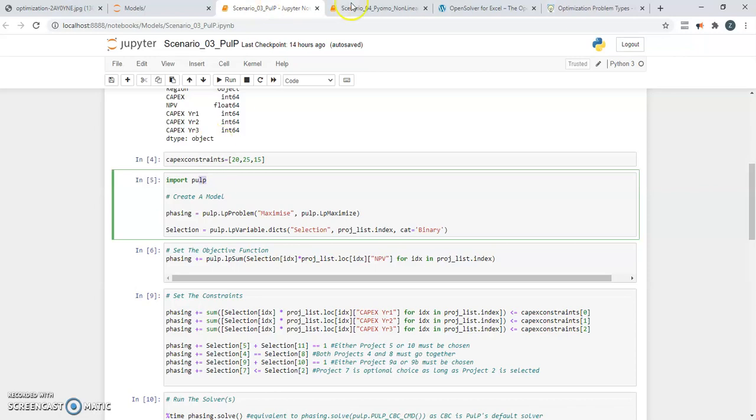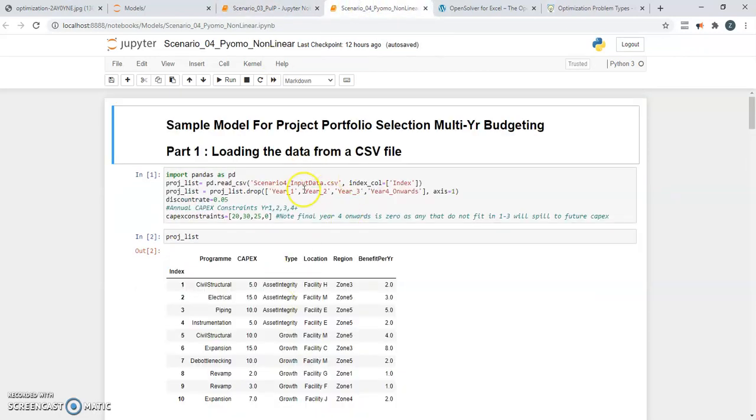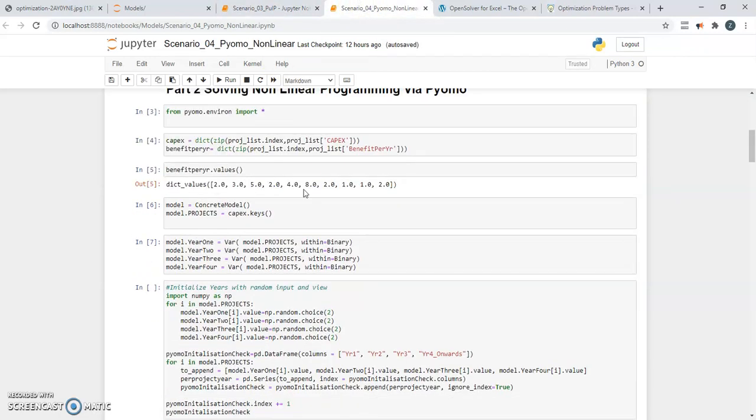So I had to find a different library called Pyomo, which is a more heavy duty optimization library for Python that can incorporate